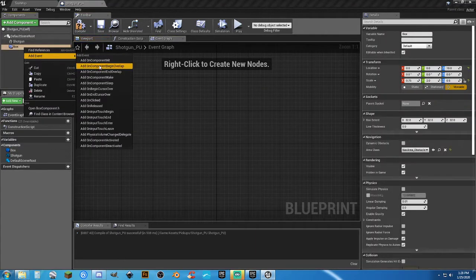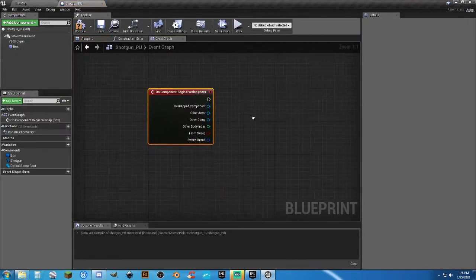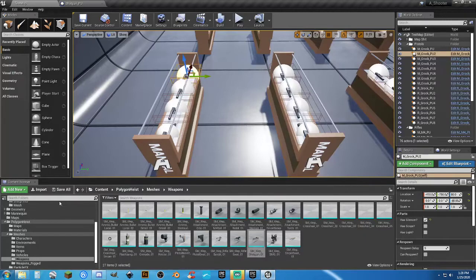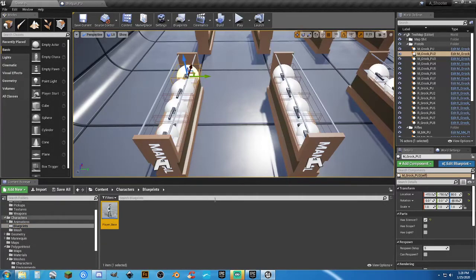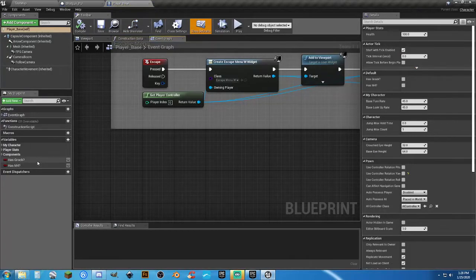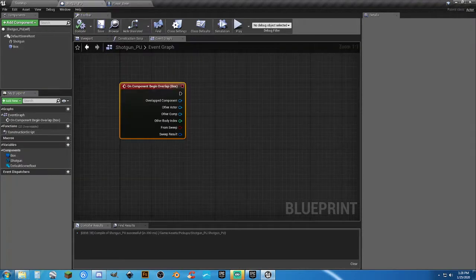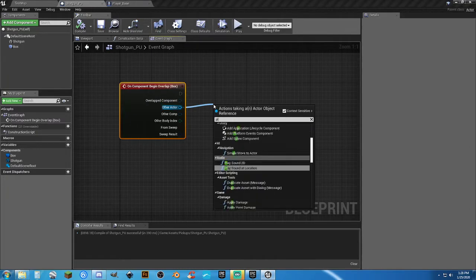And we'll do this, add event on the component begin overlap. So we're just creating the pickup right now. And I'm going to go ahead and go to my character and set up a few things in the character here. So I've already got the pistol called the Grok and the M4. So I'm going to create another variable called has shotgun question mark. So the variable is there. So now if we go to other actor,